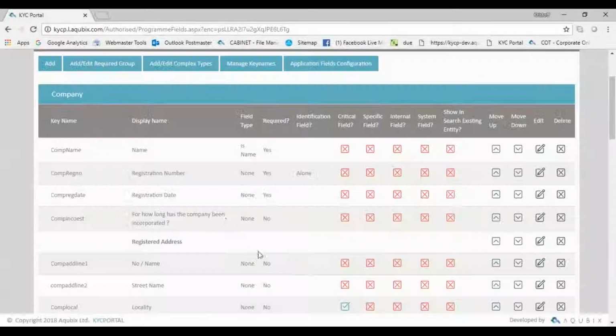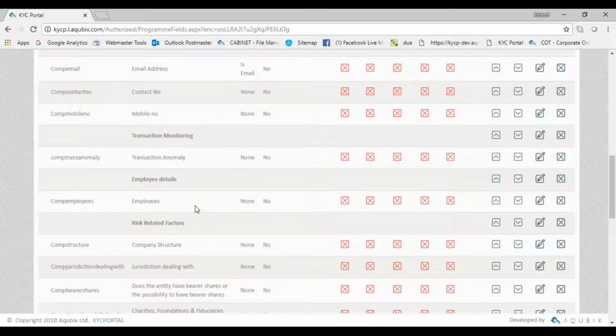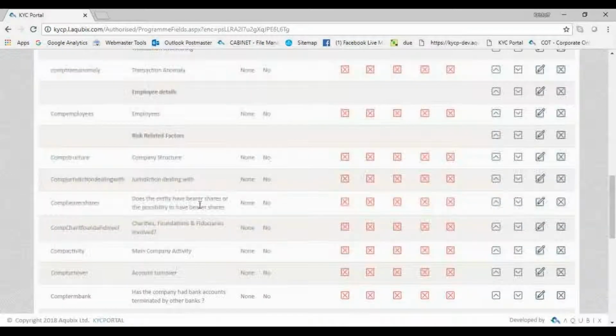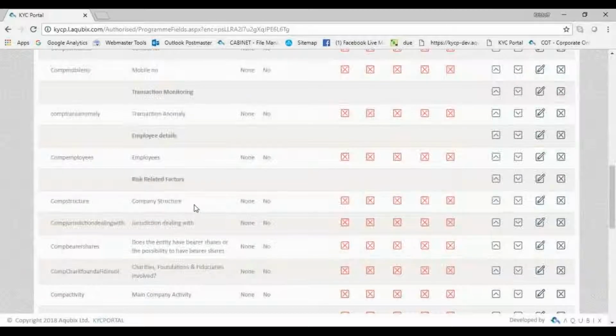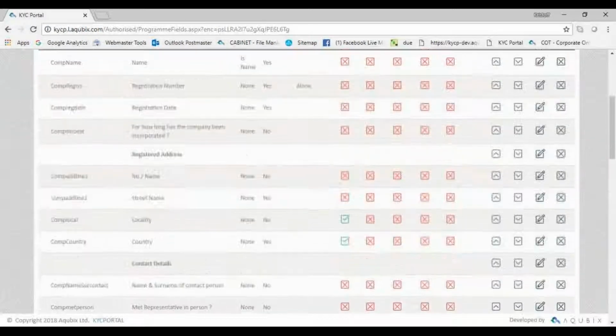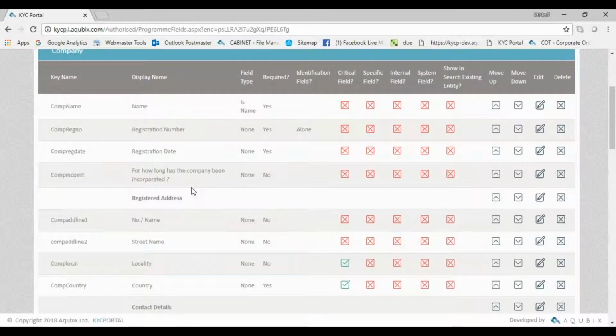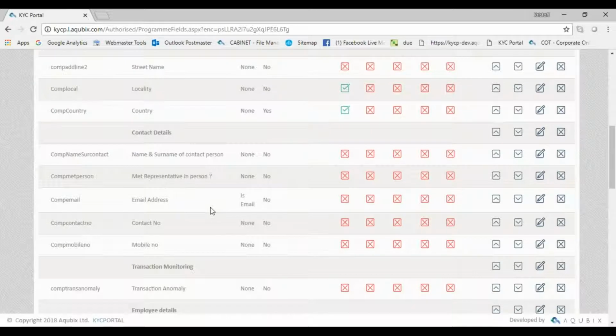So what this module does is allow compliance to maintain a central location of all the data that is needed with regards to compliance on all subjects in a service. Based on different clients, we have some clients who use this system to input all the data directly into it. However, most of our clients hook up KYC Portal to their internal systems, to their internal CRMs,